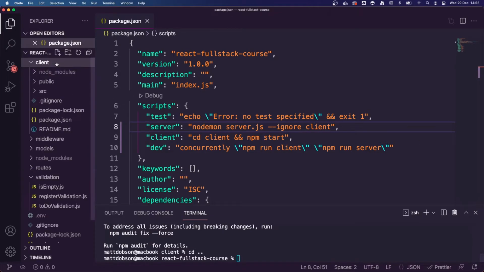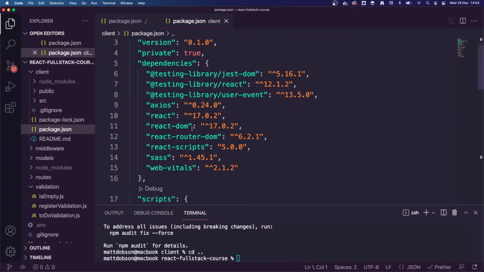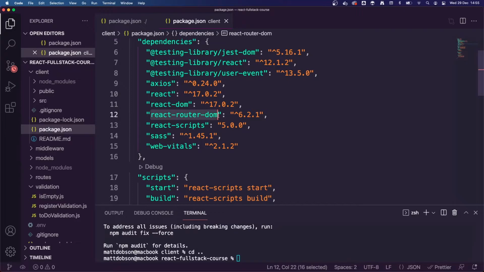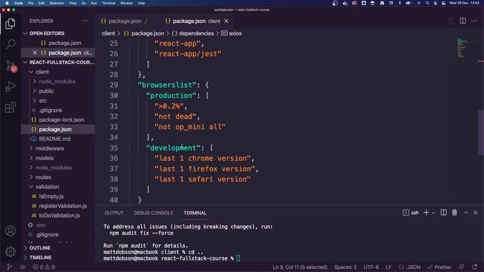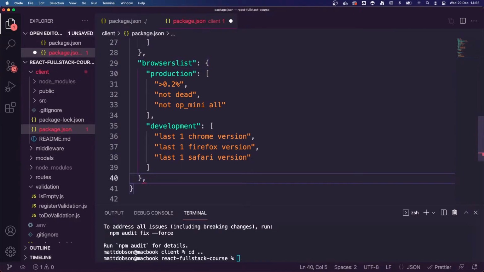And what I'm also going to do is inside the client, it's got its own package.json because it has its own node modules. So inside the client folder, I'm going to open up that package.json. It's different to the one in our root. You can see the packages we've just installed here: React Router DOM, Sass, Axios. I'm going to scroll all the way to the bottom, and underneath browserslist, I'm going to add a comma,